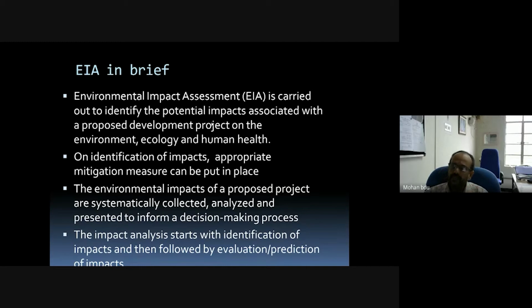And then they are presented in a more understandable manner to the decision-making authority or a committee which decides on the environmental clearance or environmental governance. So in the process,